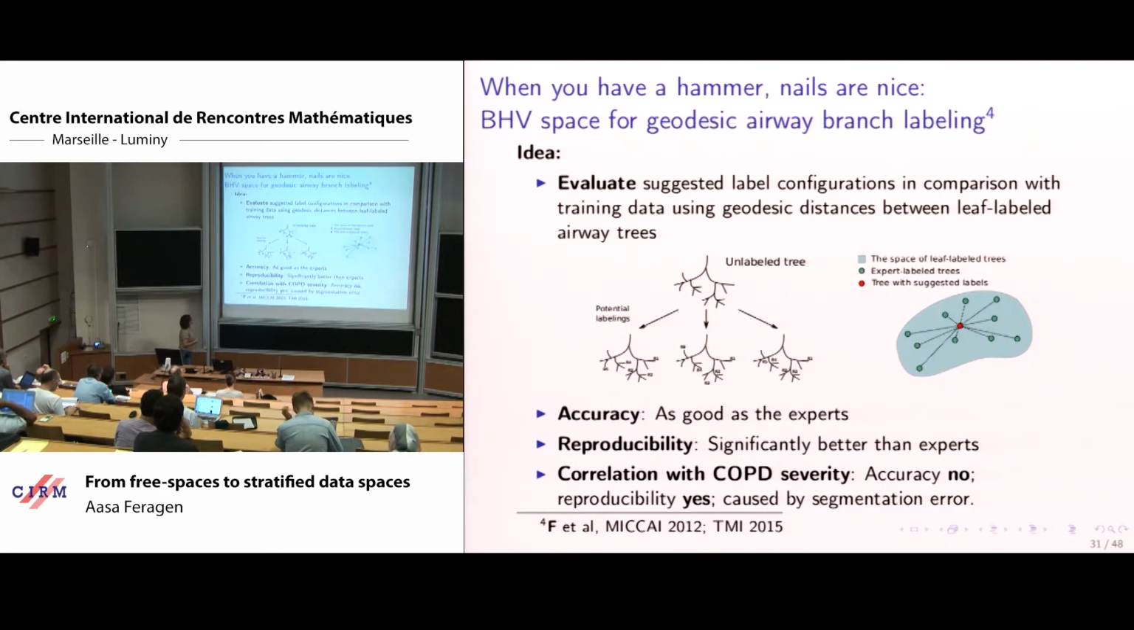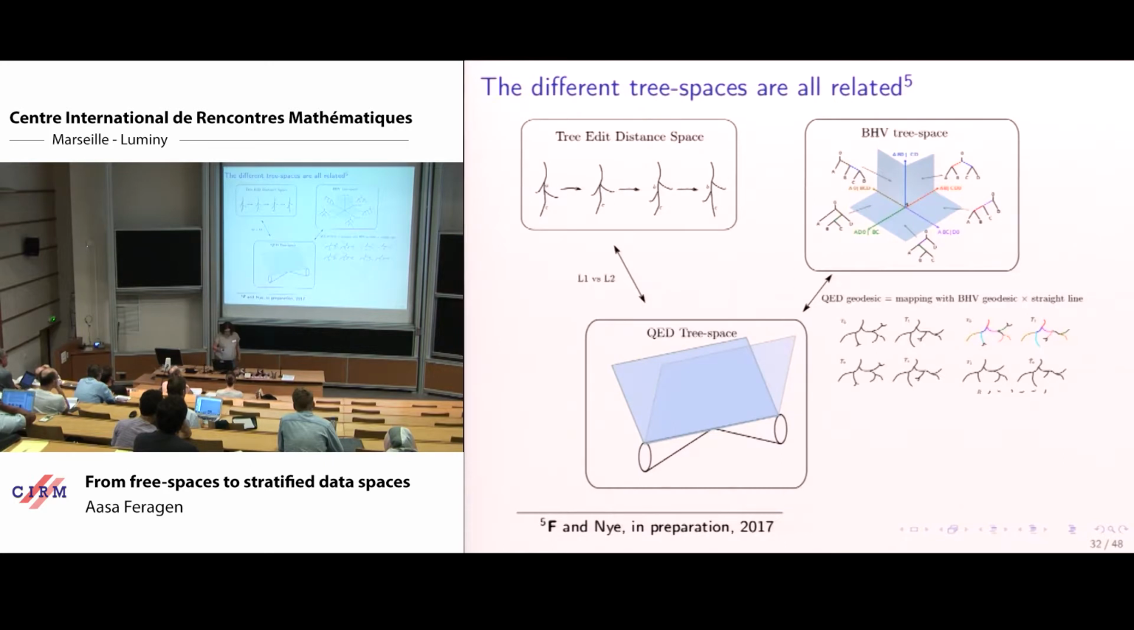The nicest thing, perhaps, is that we did not see a significant correlation with COPD severity, except for in the reproducibility, and this we can explain with segmentation problems that we know we have in people who are sick. And if you don't have the branch, well, you're not going to label it correctly. All right, so using this, we were able to try to push our very general types of trees into the